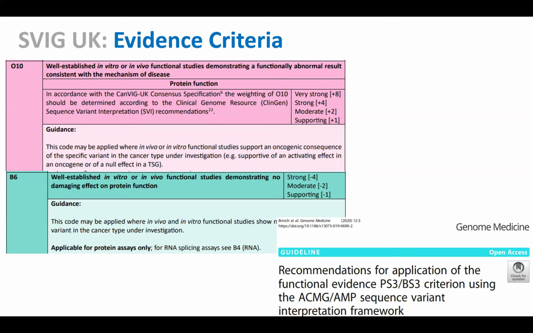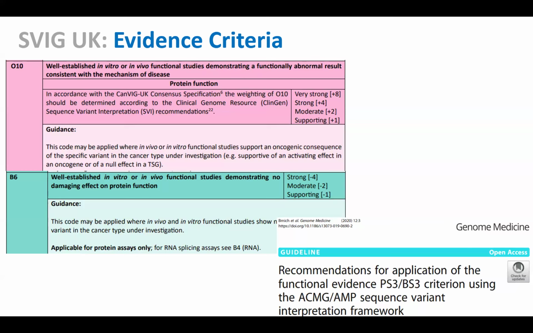Now this caused a lot of issues when we were testing the guidelines, because many people found it very strict. If you have used PS3 or followed the Brnich recommendations, you know that a lot of the older functional studies struggle to achieve a good level of evidence. As presented previously in multiple papers by the ClinGen SVI group, PS3, the functional study evidence, was one of the most variably applied pieces of evidence, which caused a lot of differences between labs. So I really like standardizing this. Yes, it is strict for older functional studies, but we do sometimes need to be more strict. We have come across a lot of variants where poorly structured functional studies resulted in